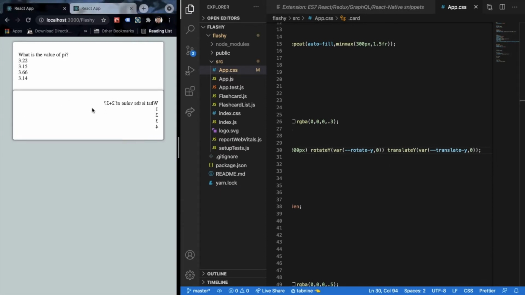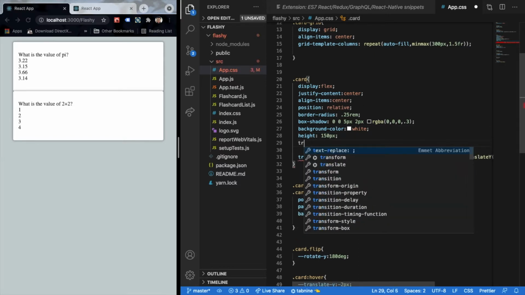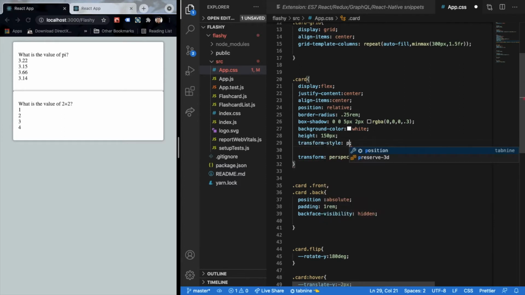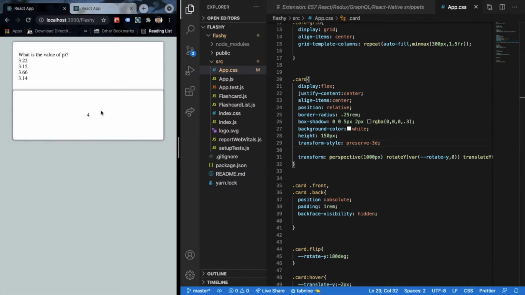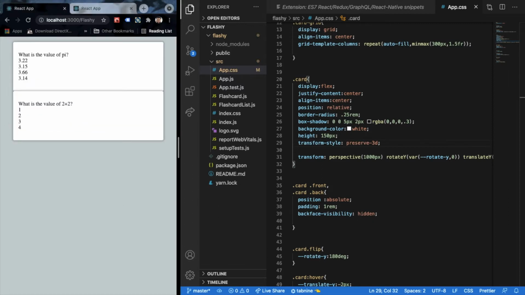Let's just check this. So if you see, what's happening over here is that it is certainly flipping, but we don't need this to show up after it has flipped. To do that, we have a property in CSS called transform-style, and we'll give it preserve-3d. So now whenever we flip it, you'll see that it preserves the 3D value, and the back face is now visible to us, which is our answer. So this looks pretty much like the end goal or the end cards that we really want. But if you see, there is this smooth animation happening. So let's try to build that as well.